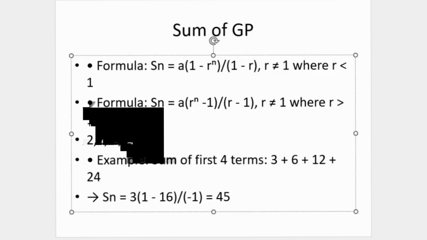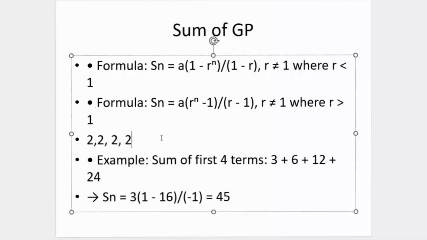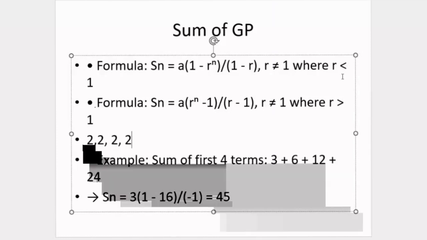And so you would never have a case where your common ratio is 1 because it doesn't actually result in a GP. So hence the condition that R is not equal to 1. Now, there is a second formula underneath where conditions that actually matter are stated. So the first formula applies for the case where R is less than 1. So where your common ratio is any fraction or decimal less than 1, and of course that is applicable, that